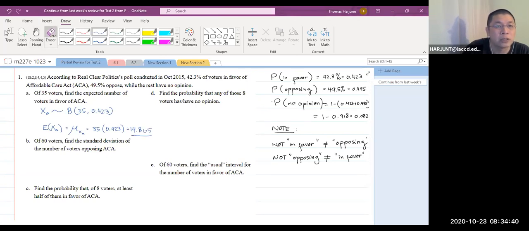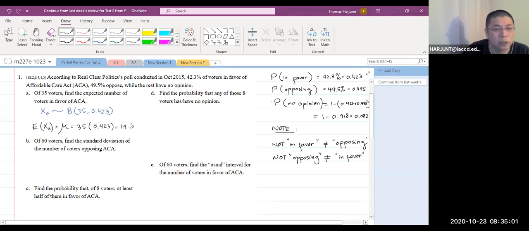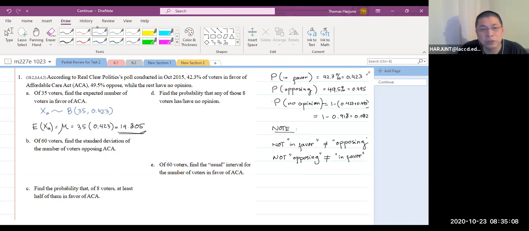Oops, sorry. I said the blue one you don't need to write in your test, but the one I write in black, you need to write in. 35 times 0.423, that's 14.805. I write the distribution notation so that you know what kind of distribution we are dealing with. Because in part A, we deal with 35 voters, but in part B, for example, we are dealing